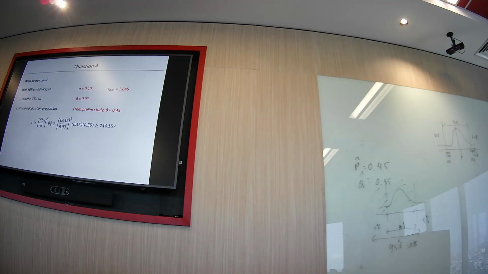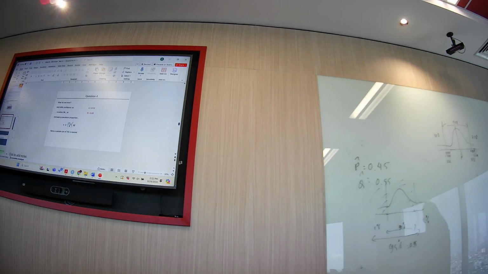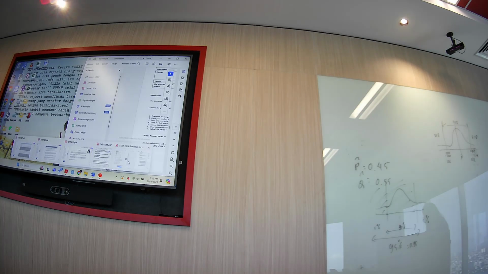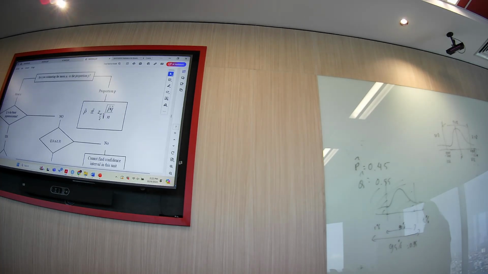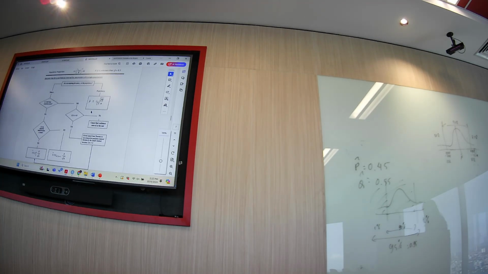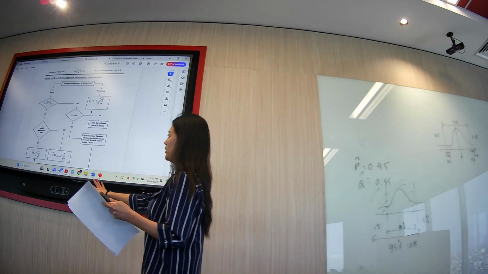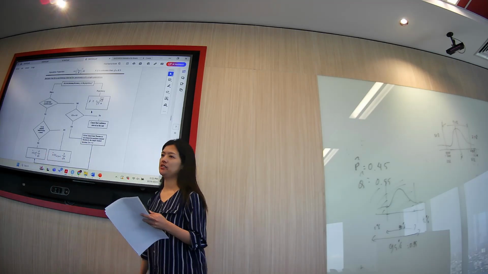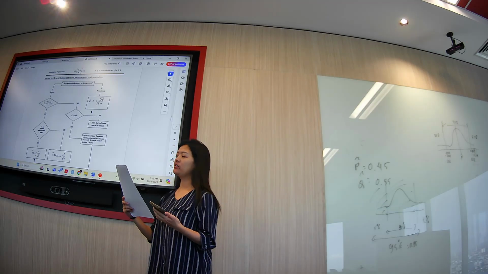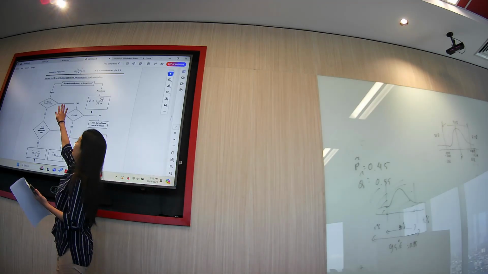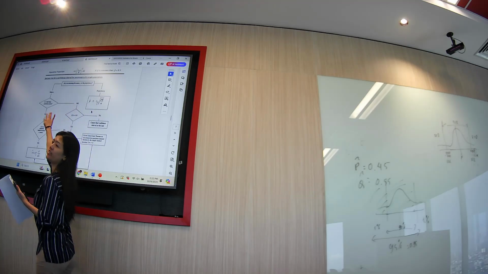You have to be careful for number 1. Is it using the t or the z? It depends on the question. So maybe I show you the decision rule. You have to follow this to decide. Number 1 is asking you for the confidence interval, right? Do you use this one or this one? It depends on the question. The first decision is choosing first: is it proportion or mean?